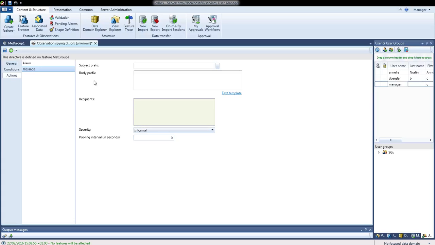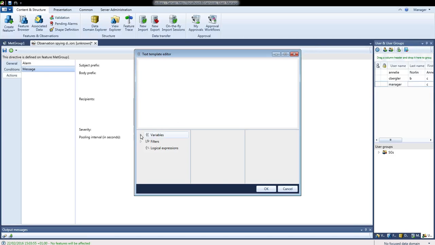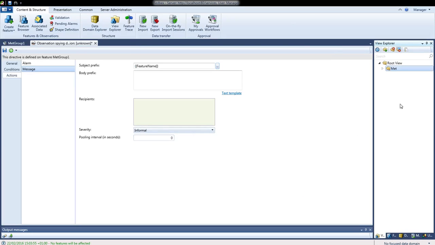And this message now can have again some subject. It can have a body. So again, let's use the text template, because there I should have the possibility to use the feature name, because in our case, if you remember, we have,